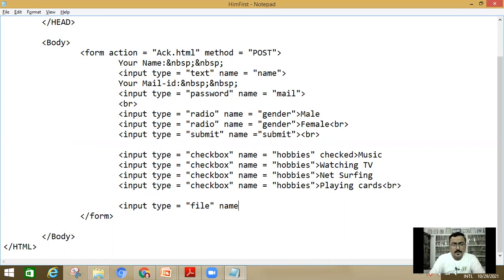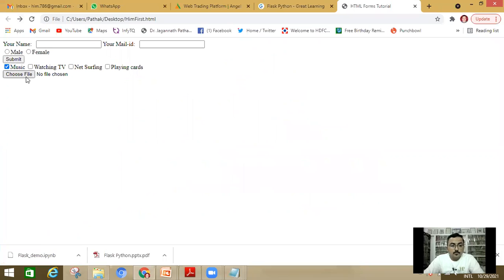Now I have to give a name, for example, resume, and then accept, what type of value you are going to accept. Like, for example, image slash star, and the type of value can be given. Clear? Now I'm going to save, refresh my page. Here you can see that the choose file button is now created. And here you can see that no file chosen is by default written.